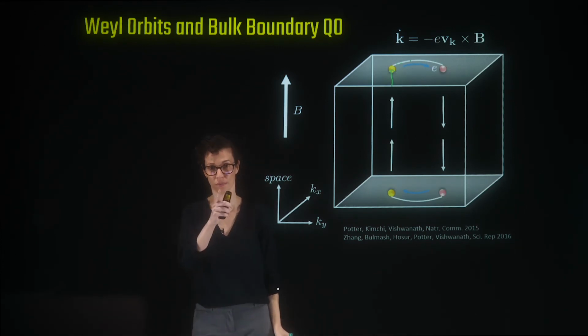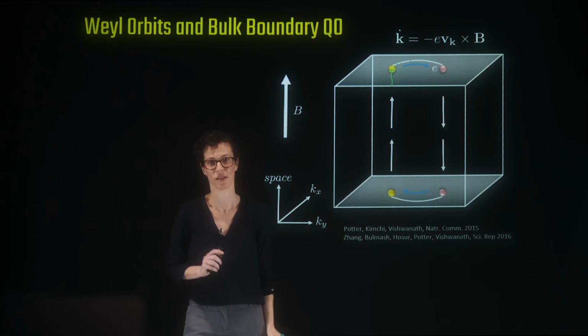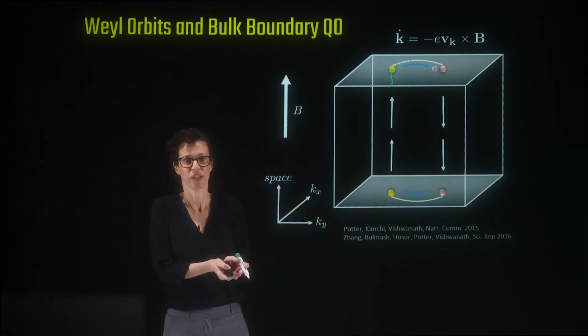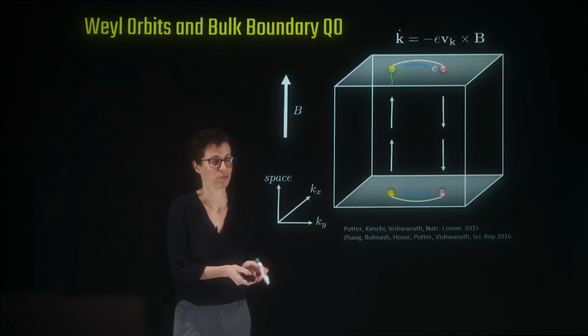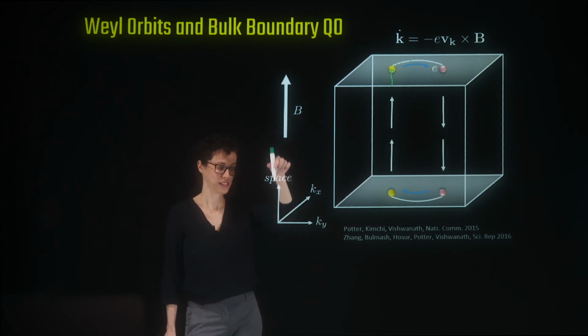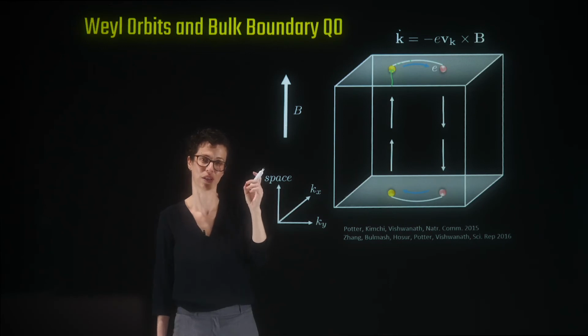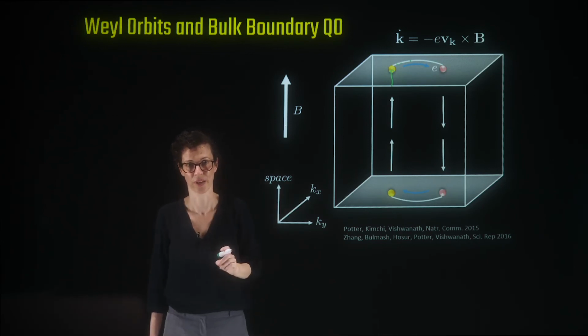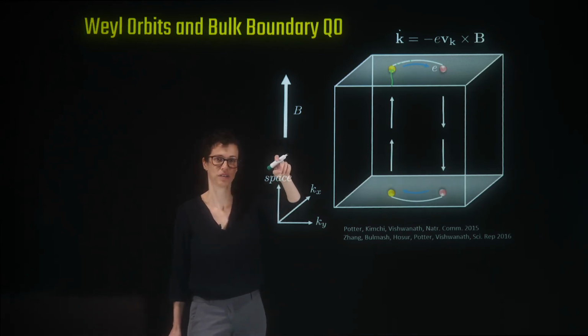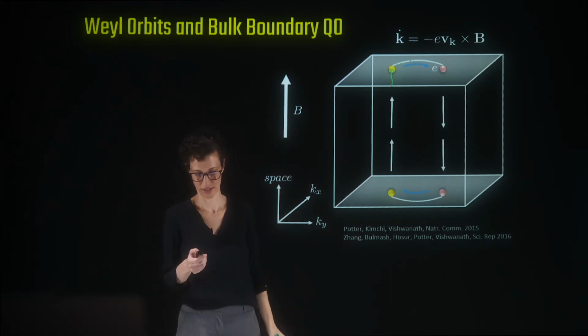This is a motion in momentum space. The two-dimensional space is momentum space. Then they've reached the projection of the other Weyl point. What will they do then? They will sink into the bulk, because I remind you that the Weyl point is the point where the bulk gap goes to 0. So there it is allowed for the particles to connect to the bulk states,